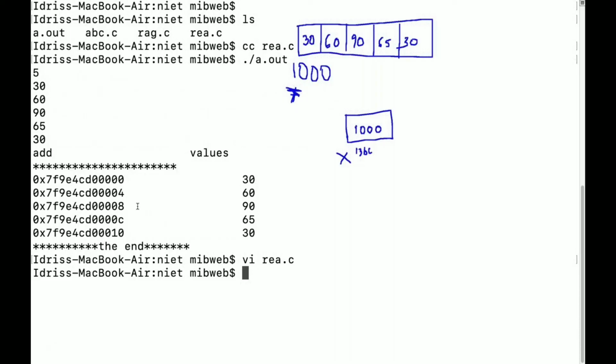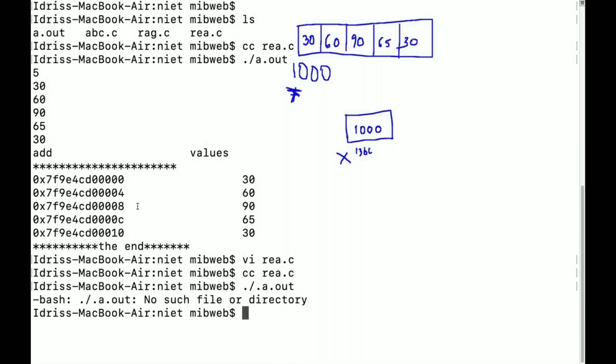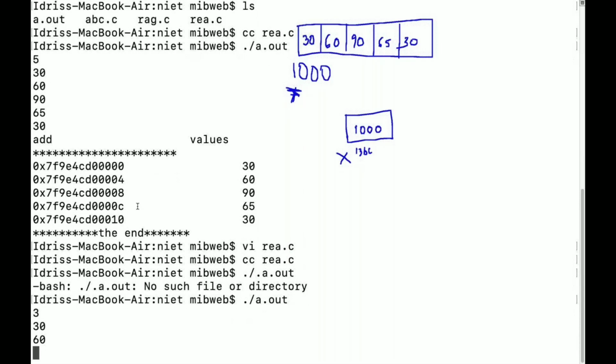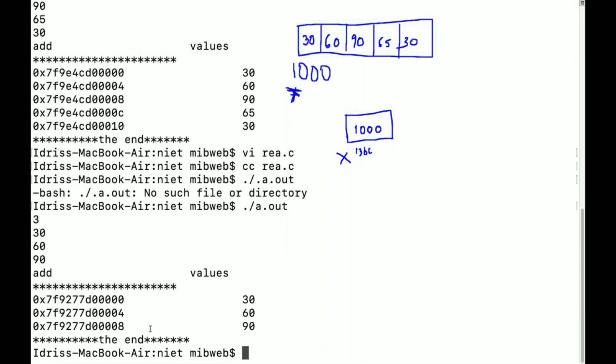I wanted to show you something right now. I will compile this program and run it with dot slash a dot out. When I do this, guys, it's waiting for the memory. I'll let n be 3. Here I'll read 30, 60, and 90. When I do it like this, 3 blocks are created. I have created this, correct?